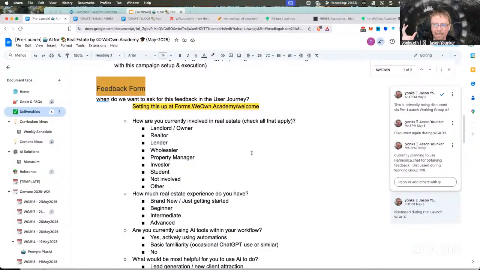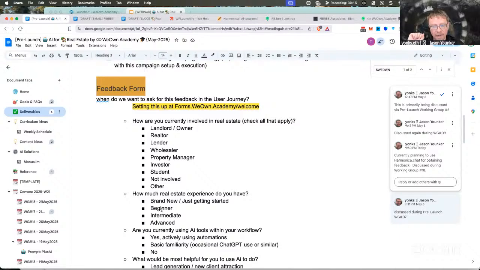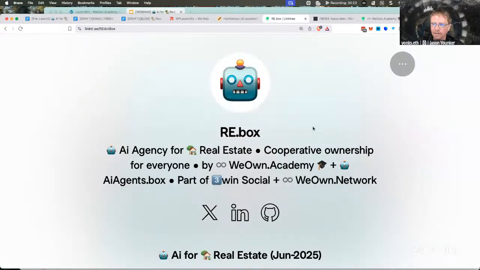Because I assure you that this 16-week, this four-month cohort isn't going to be talking about how to use ChatGPT. No, it's not. So in essence, it's how to communicate with a virtual agent. No, not at all, because the big value proposition, the way that we're going to architect re.box, is that you're not going to have to learn prompt engineering.